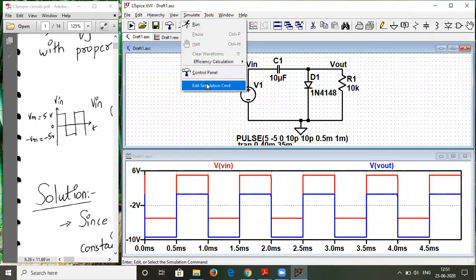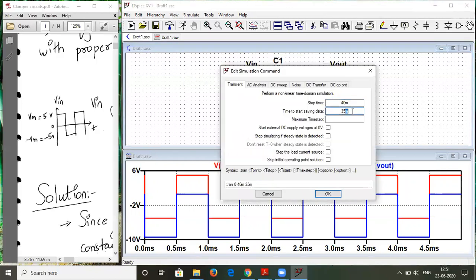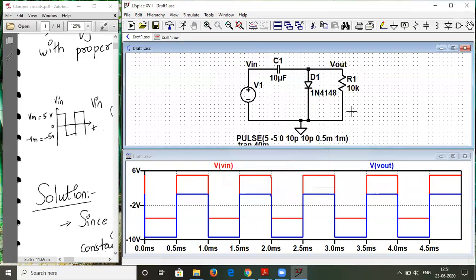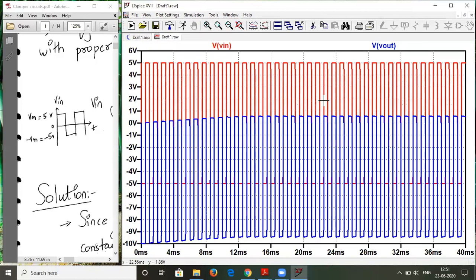Let me go back over here and show you first, for only 40 milliseconds, how the waveforms look. Then you will have an idea. As you can see on your screen, do you see this trend? Let me just open up the annotation. Do you see this falling trend over here? And here there is a little bit of rising trend, and here it reaches a constant. So we are concentrating on this part. We'll only observe this part initially, not this part, because that will not clearly match with the theory.